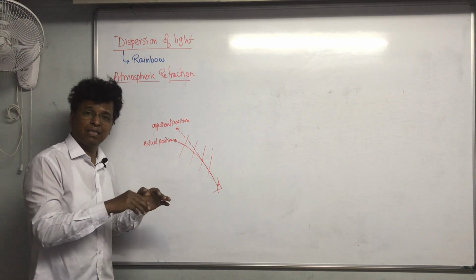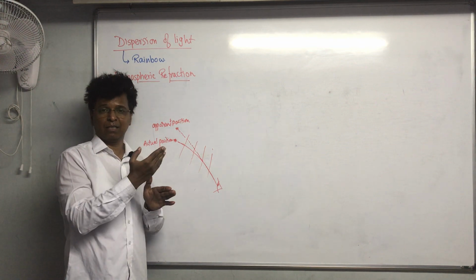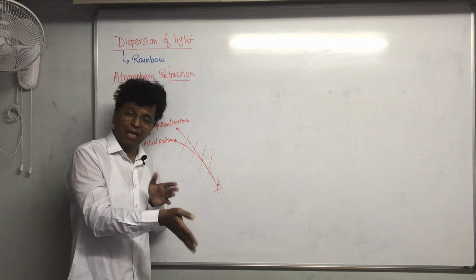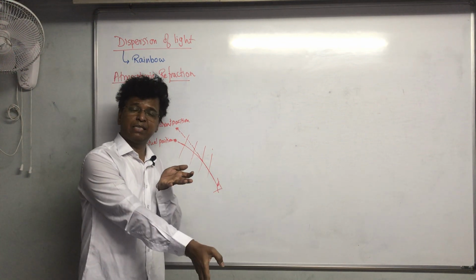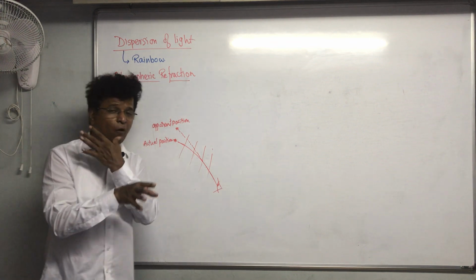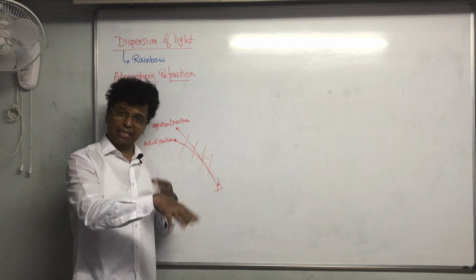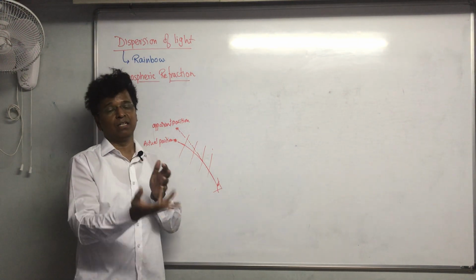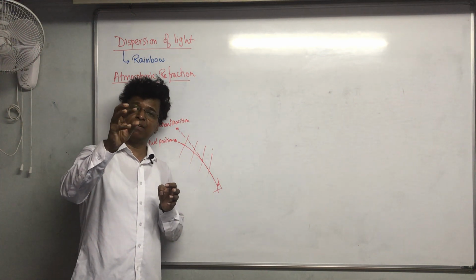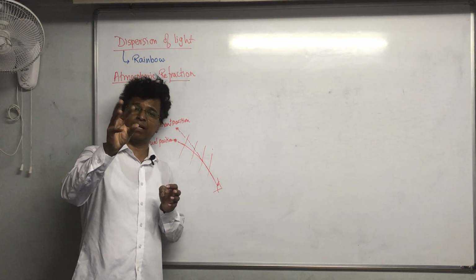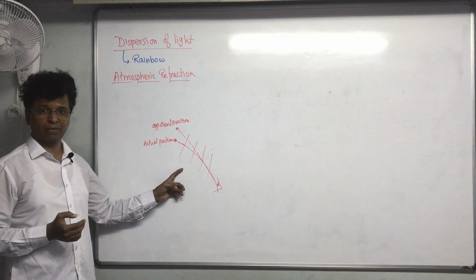It's not that the density only rapidly and uniformly goes on decreasing. In between, the density which has decreased, immediately it may rise. Again the density goes on increasing, immediately in between it falls. Again it goes on increasing, again it falls. So when it falls, at that time the intensity of the light will change. When it increases, then again the intensity of light will change. And whenever the intensity of light increases or decreases, we feel that the star is twinkling. That is basically again refraction of light.